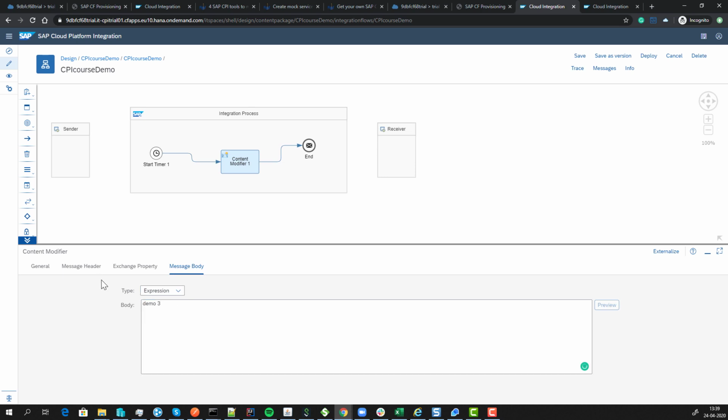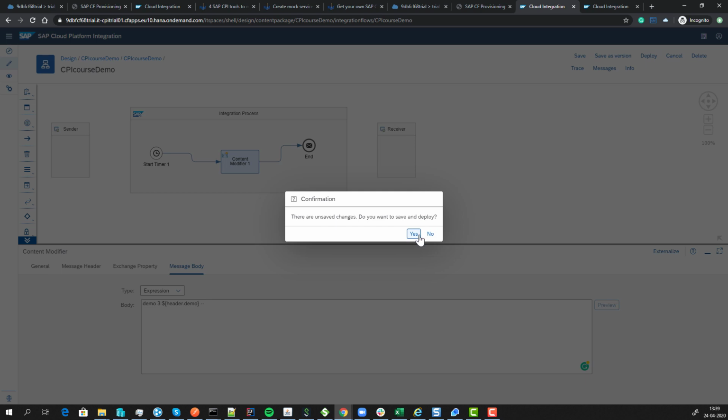So if we wanted to, we could take some of the data we have gotten from our header. So this is a Camel expression, header, demo, and our idea is that it should extract this data and put it into here. So let's try to deploy this version. So I'll deploy it, save,